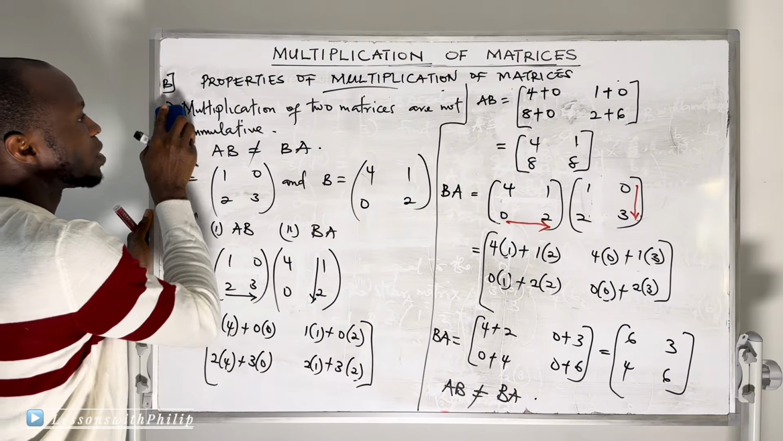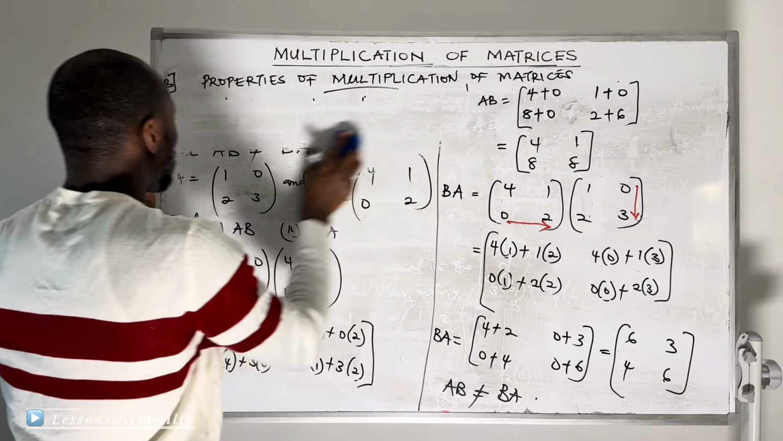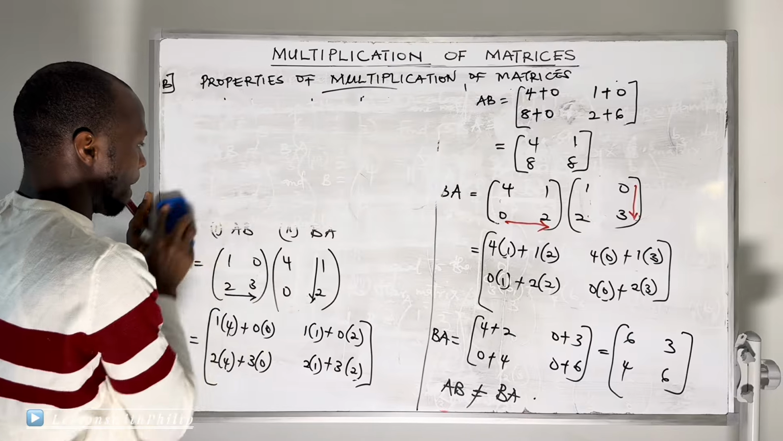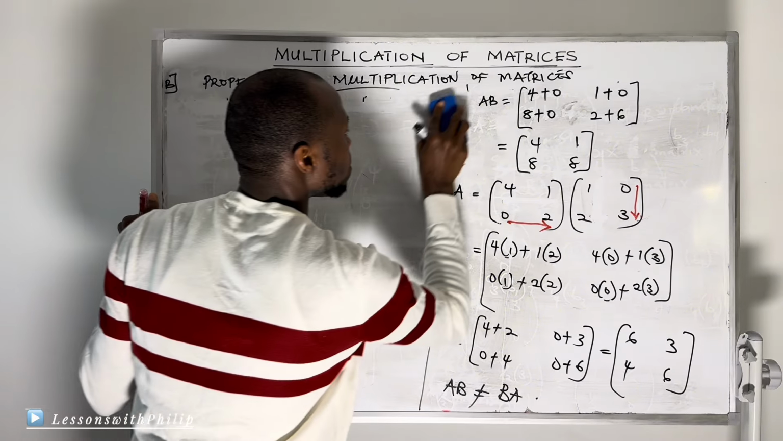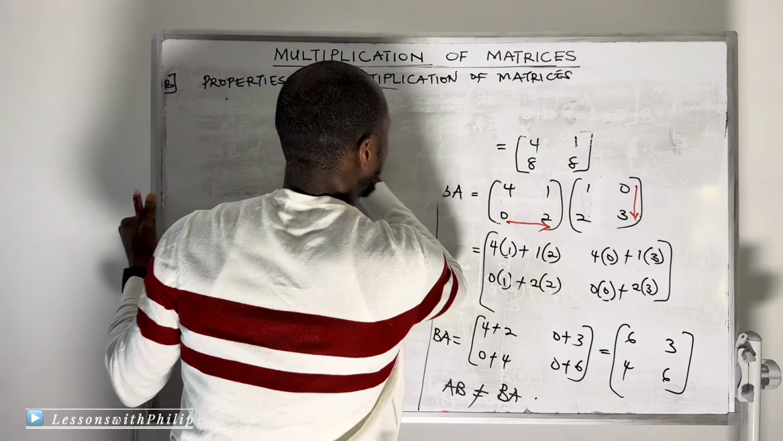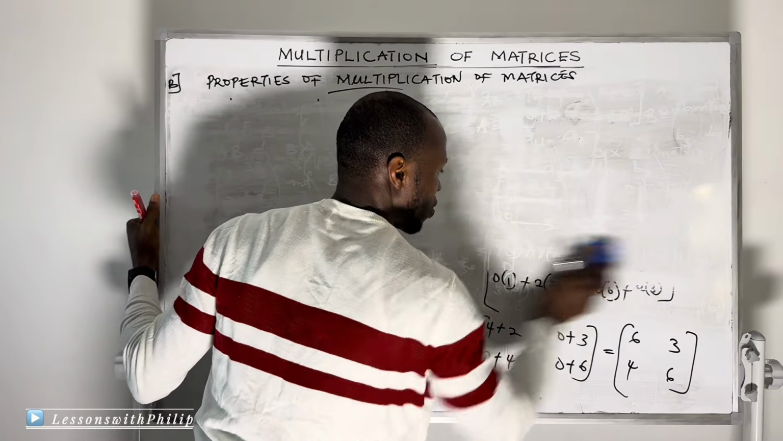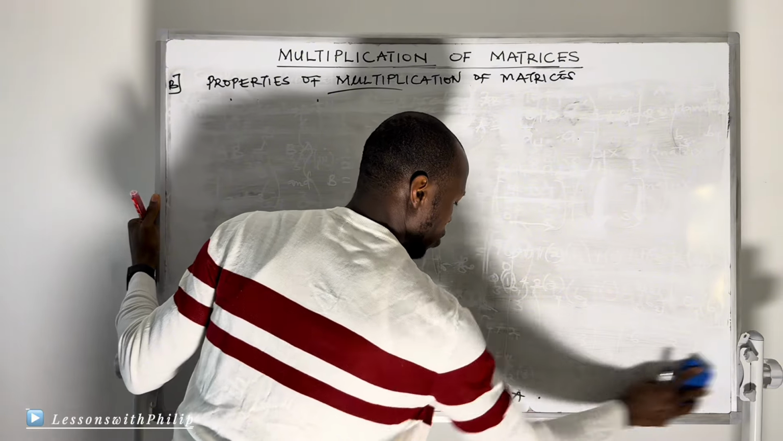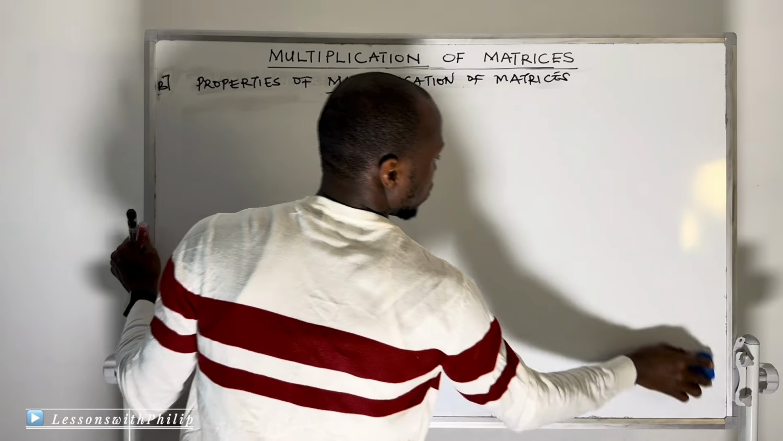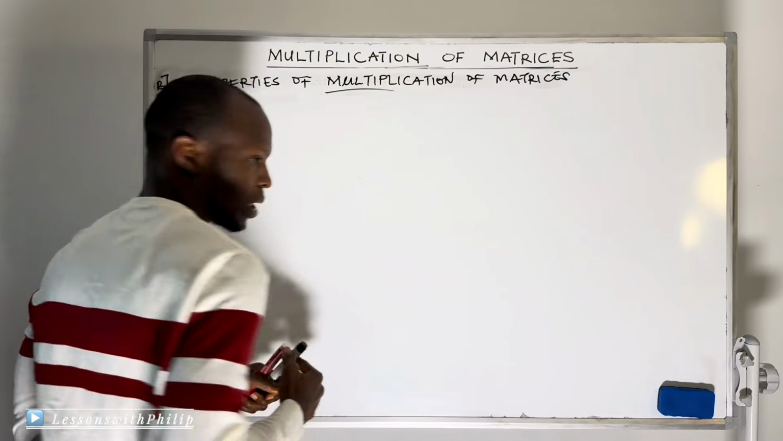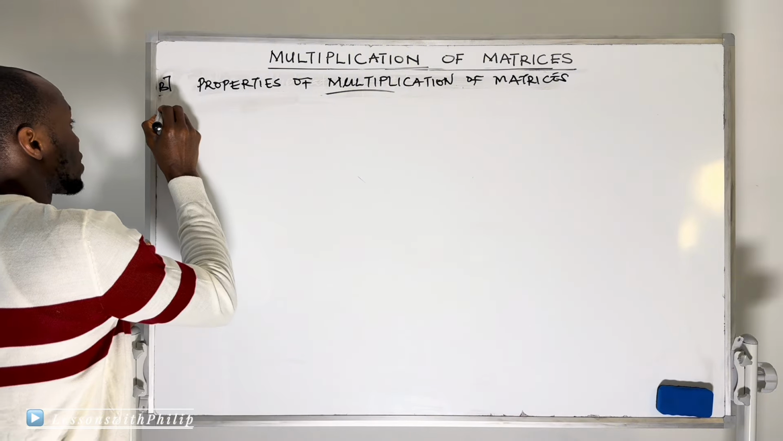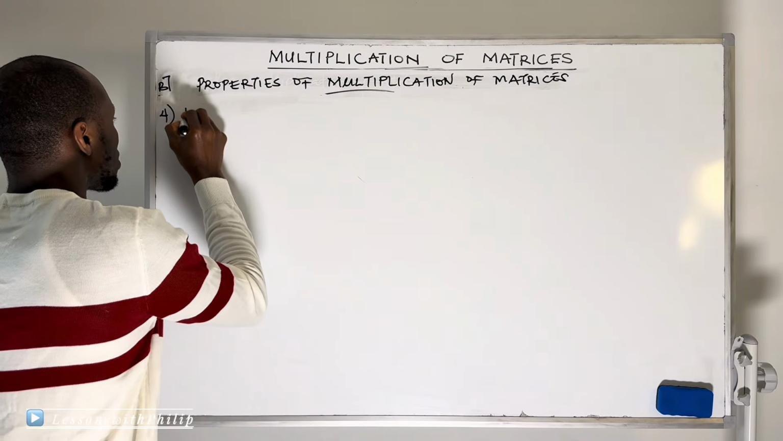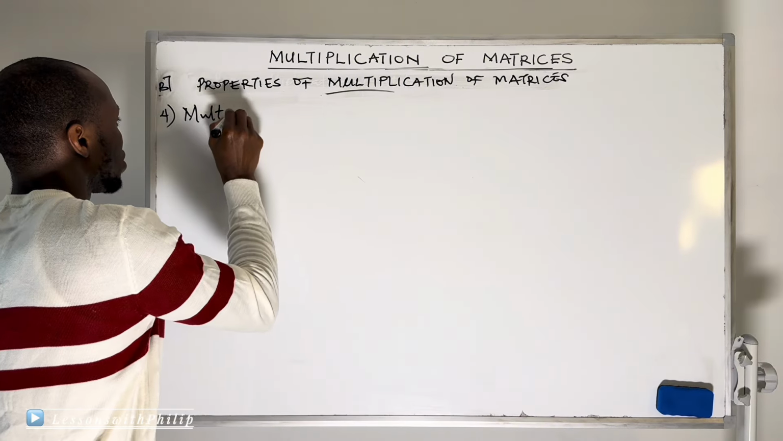the fourth. Let's go to property 4. Allow me to clean the board, please. Okay? All right. Let's go to the fourth properties of multiplication of matrices. Number 4. Multiplication of matrices